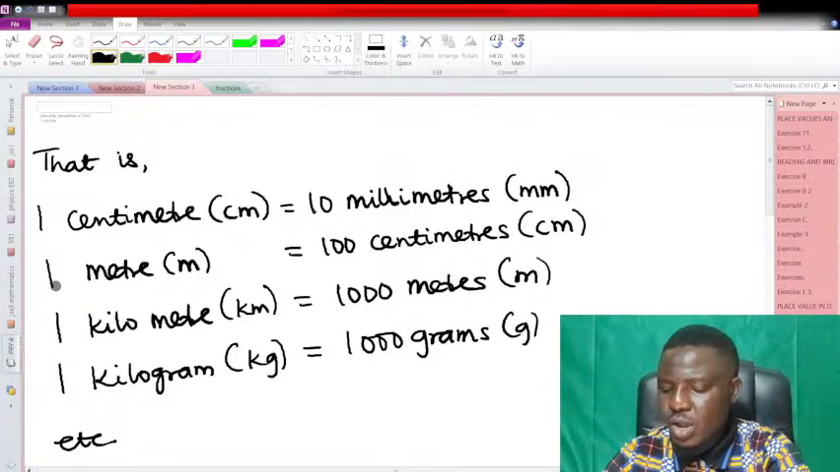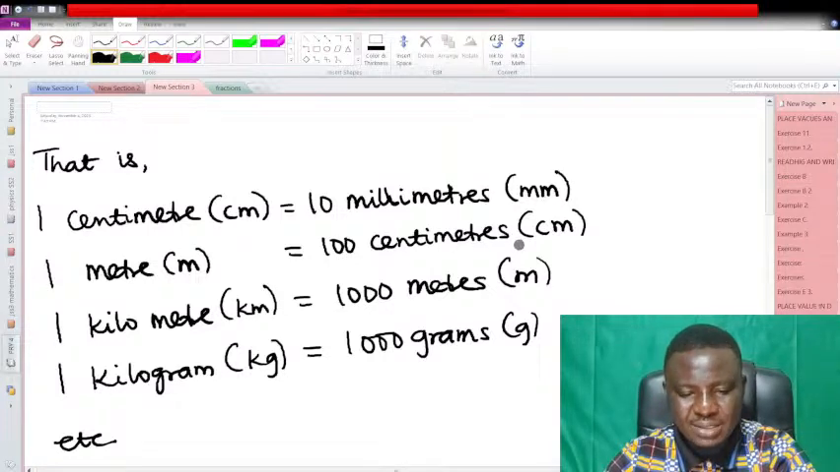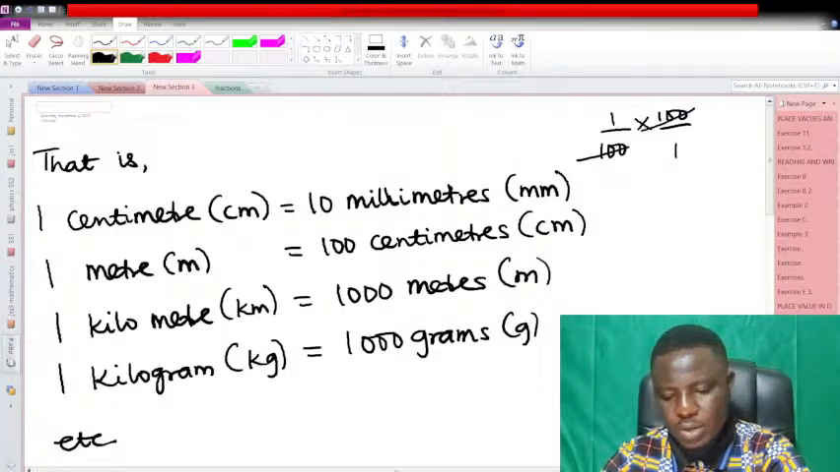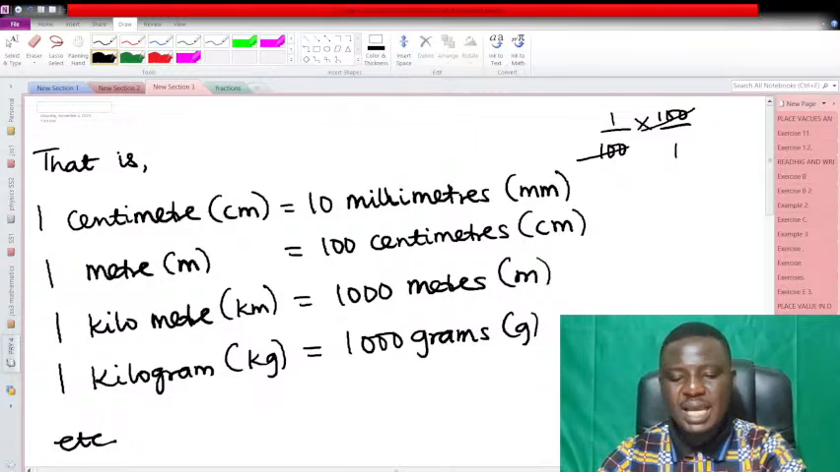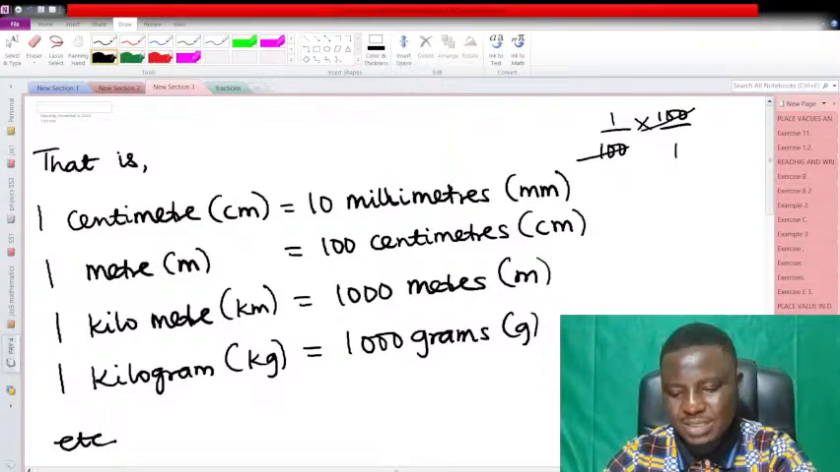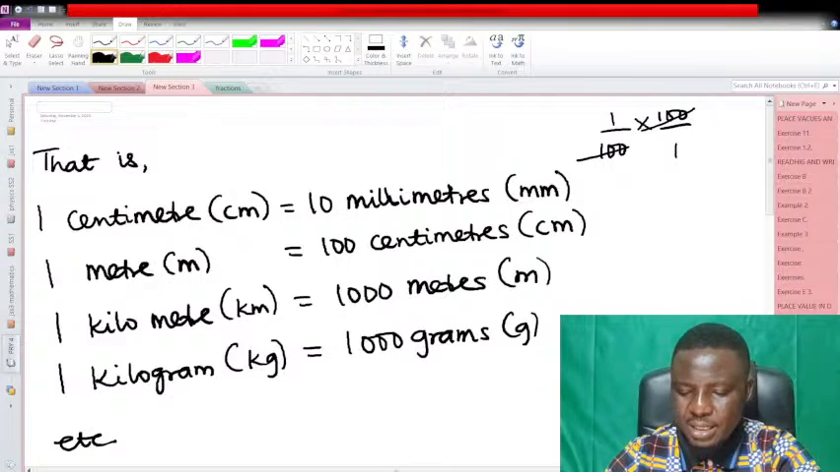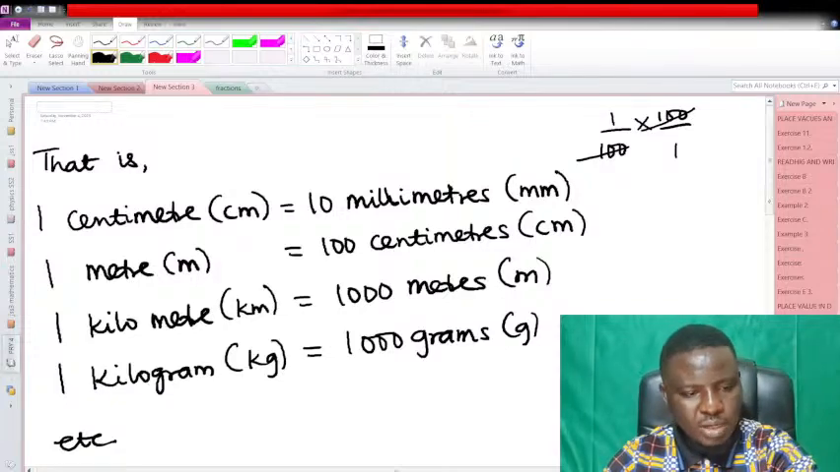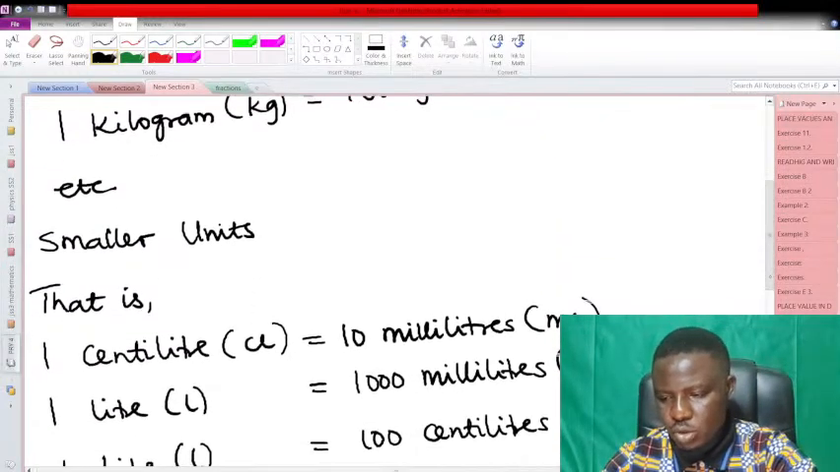Same with meters. We have it that 1 meter is equal to 100 centimeters, because centimeter means 1 divided by 100. So when you multiply it by 100, it gives you back 1 meter. So we say 1 meter is equal to 100 centimeters, and 1 kilometer is 1,000 meters, while 1 kilogram is said to be equal to 1,000 grams. And so on and so forth. We have other ones,